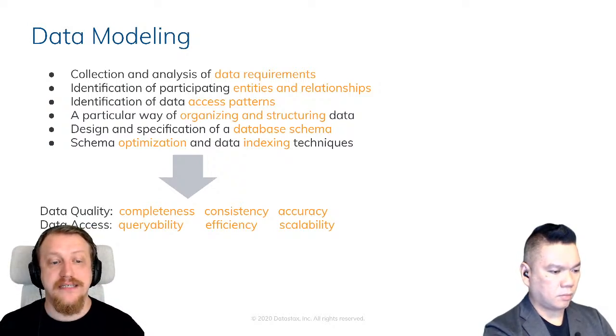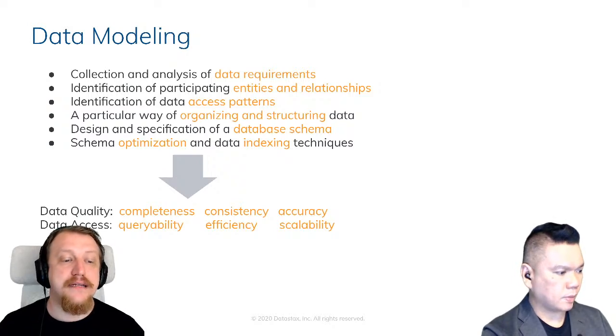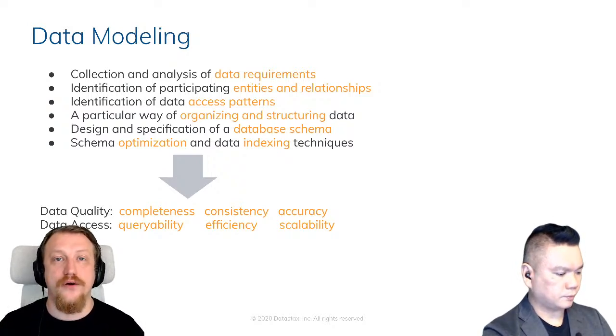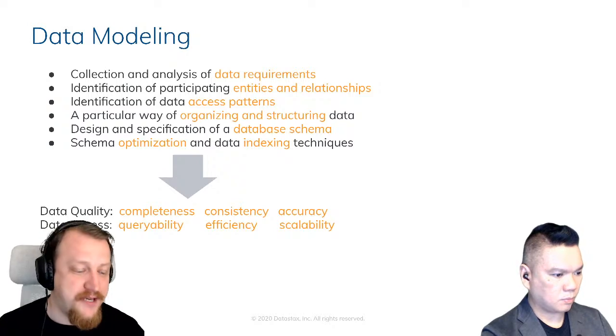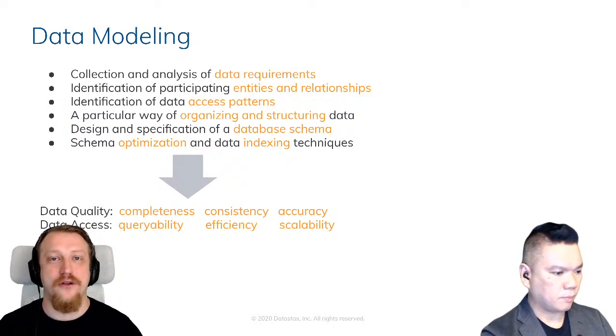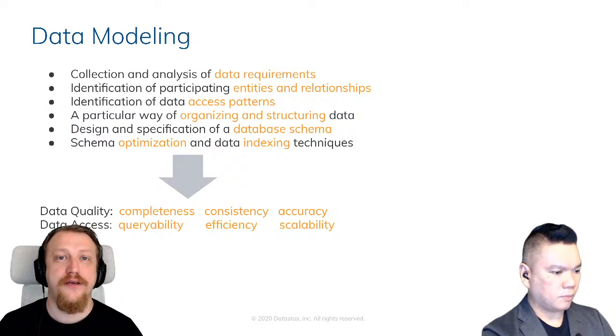And data as it is has to be complete, consistent, and accurate. And data access must be queryable. We don't need data which we cannot request. It has to be efficient and, most importantly, scalable. There is no big deal to design something for the situation when you have 10 rows per table. That will work anyway, but we have to think of scalability. Cassandra is used by the biggest companies in the world with really a lot of data, and soon, year by year, every company will become a data company.